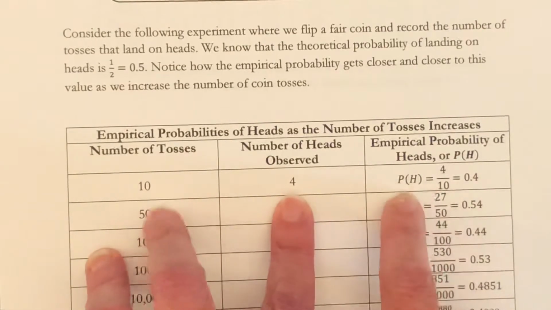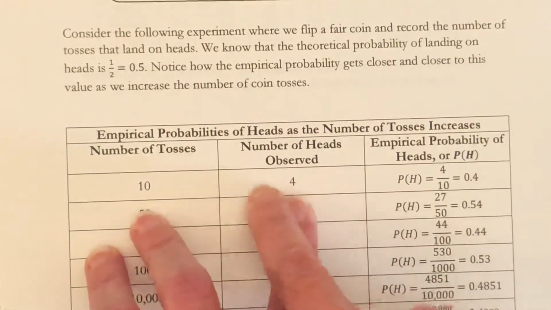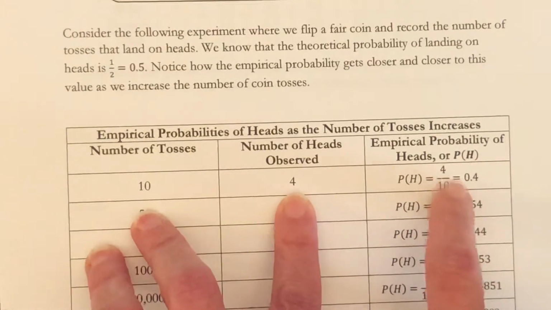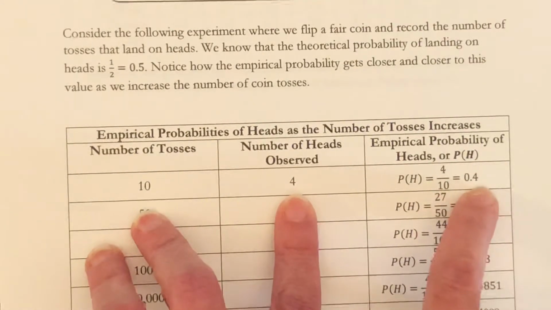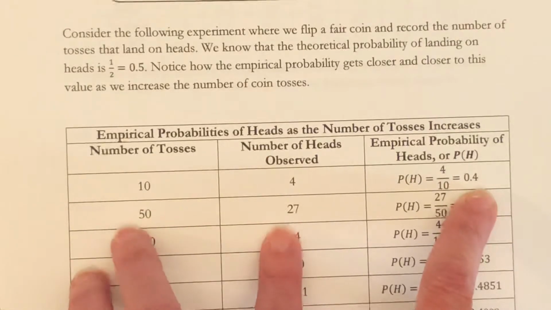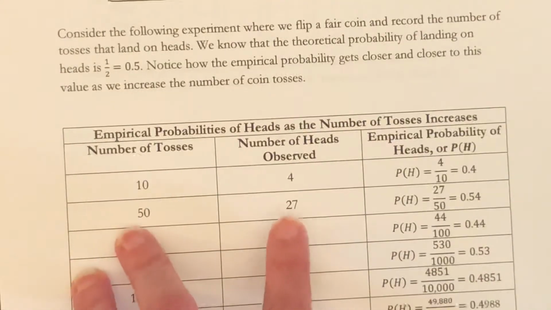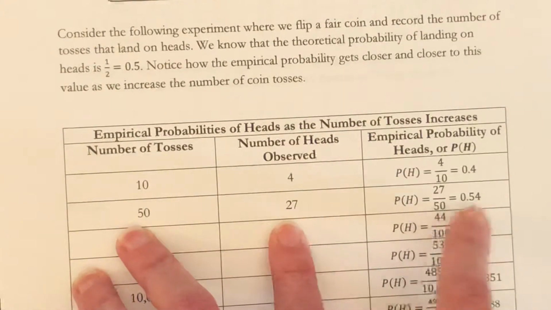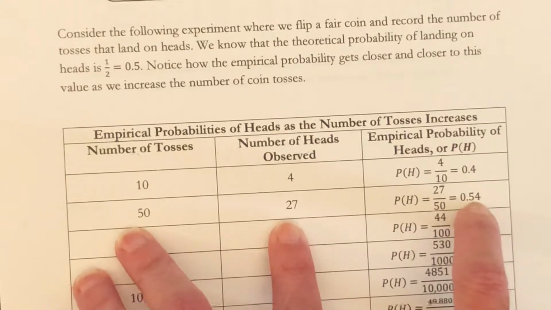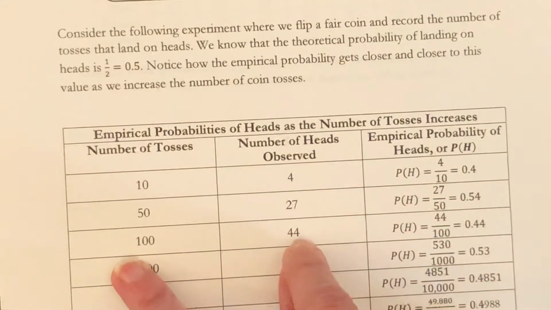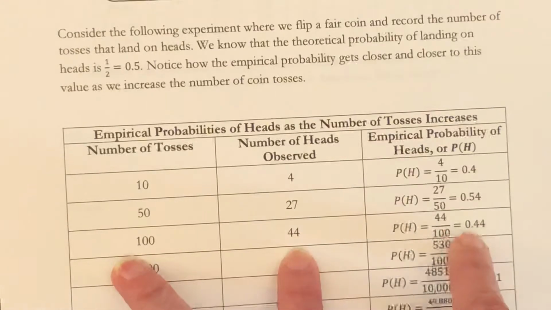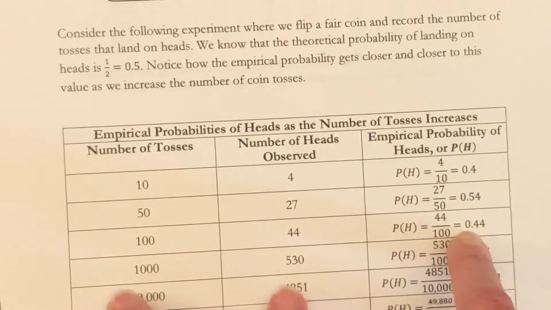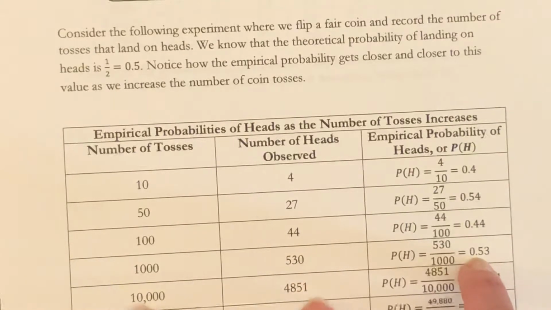That would mean that the empirical probability after this many experiments, we got 4 heads out of 10 tosses. So that's 0.4. We keep going. After 50 tosses, we had 27. So 0.54. After 100, we had 44. After 1,000, 530. After 10,000,